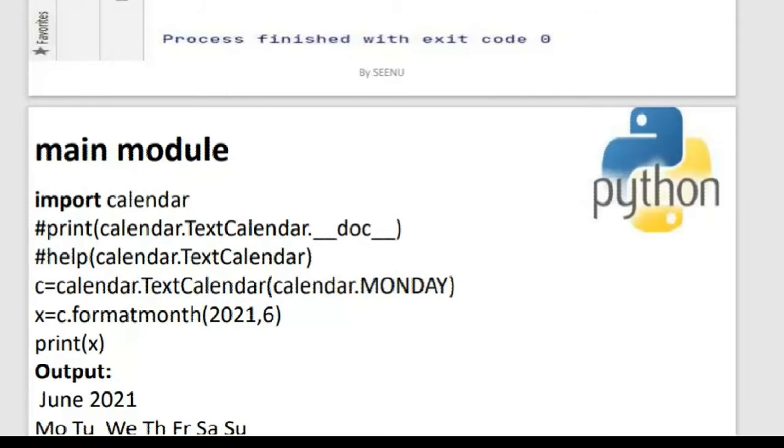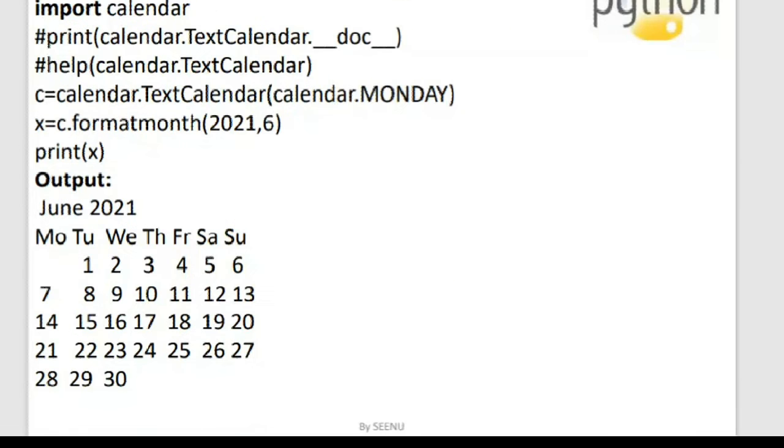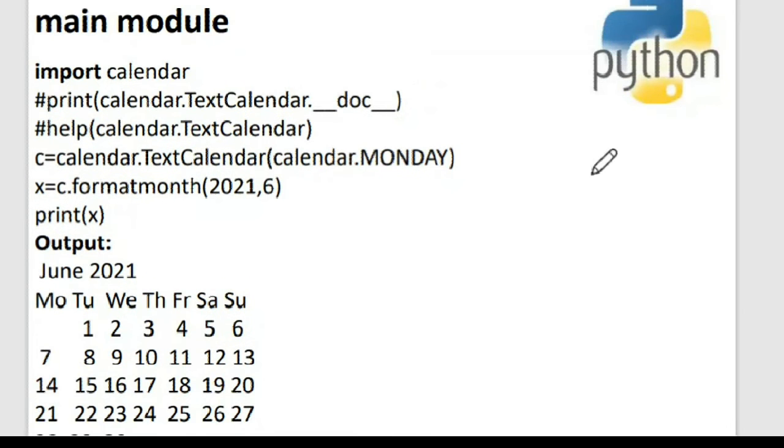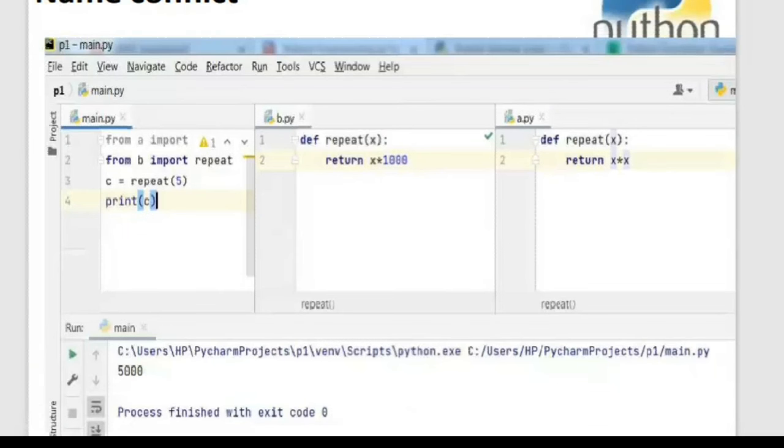So this is how you can make use of the module. There are so many modules, and you can explore them. Many modules are very interesting. There are graphics modules also, like Turtle, so you can explore them. And today in my class I have told you how to create your own module, how to import that module in another program, and how to use methods written in one module in another module.